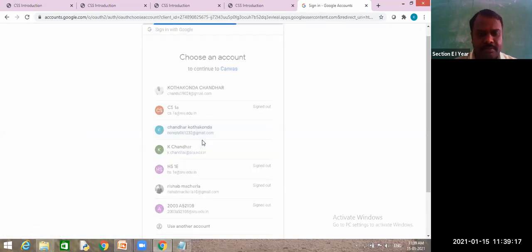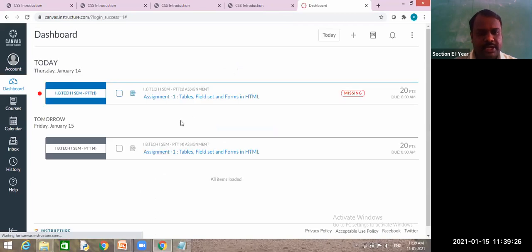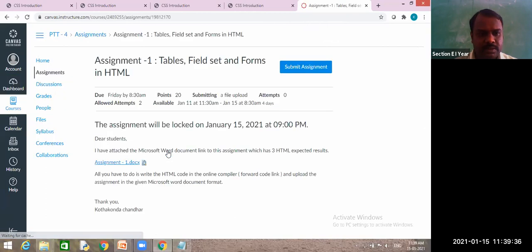I am faculty here and I am a student in this view. I hope you can see this window from your end. When you click on this assignment and click here, it will download automatically.